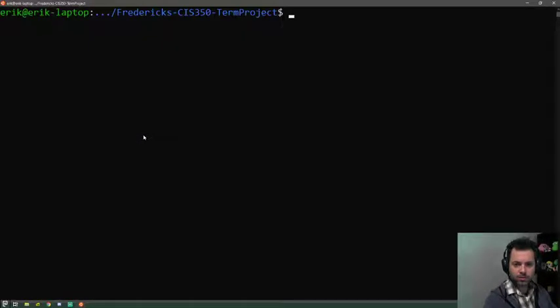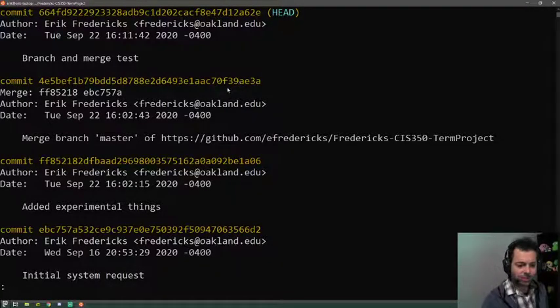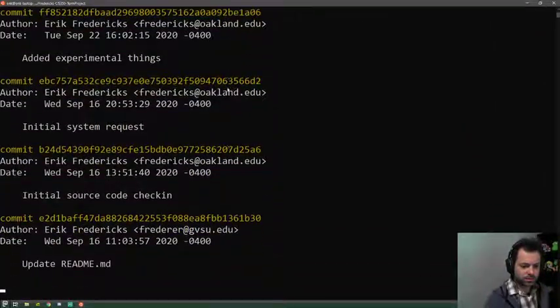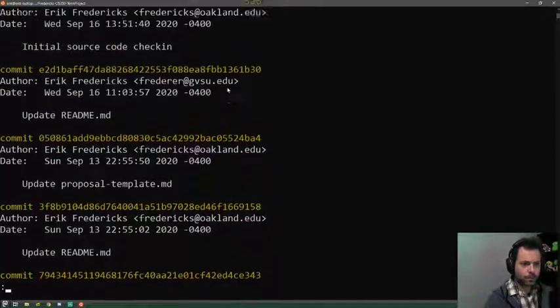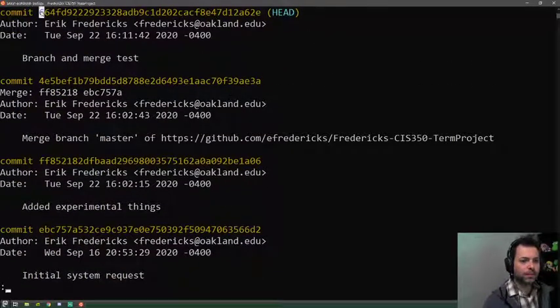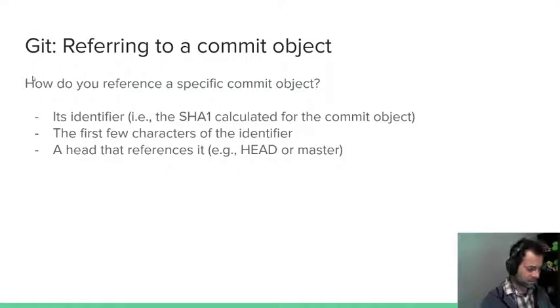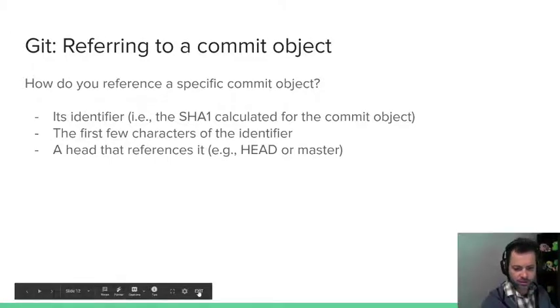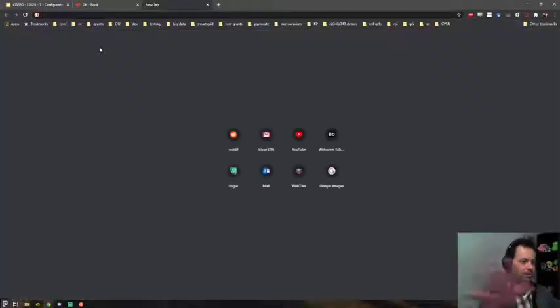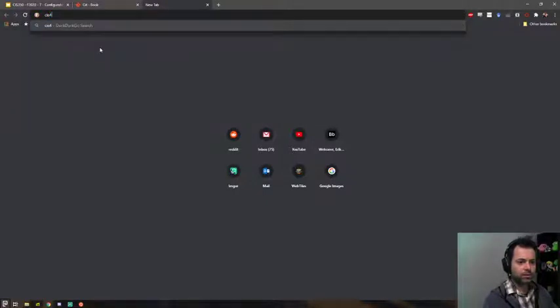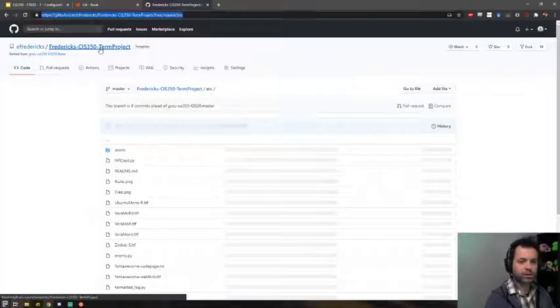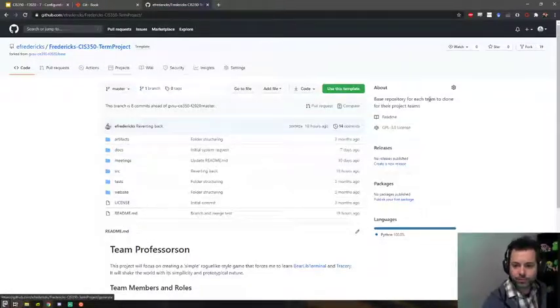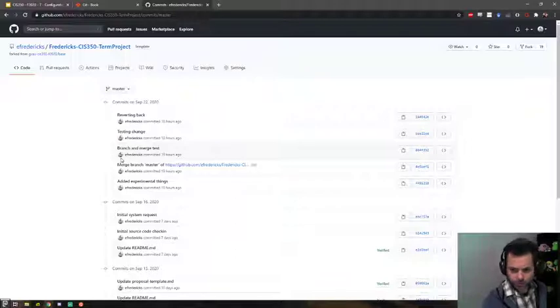So now, if I do git log, my head is up here still, but where are you at? Where's the head there? Oh, the head is up here now. So I'm in what is known as a detached head state. And all this means is that my Git is looking at a commit that is not the very head of the project. So if I go to 350, I don't want to go into the source tree. I just want to go to the project. So right here is basically where my head is. Oh, I haven't pushed it. That's why it doesn't show anything.